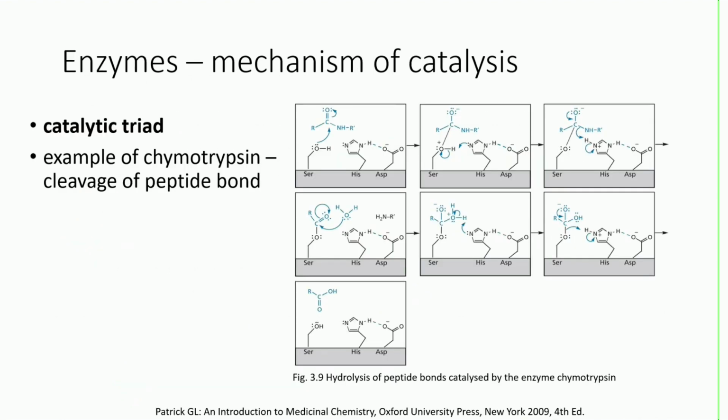So one example of catalysis. This is an example of hydrolysis of the peptide bond, for example, in dietary protein. So we have the so-called catalytic triad, which is a triad of three amino acids in the binding site. So it's chymotrypsin. And you can see that serine plays the role in binding to the carbonyl carbon